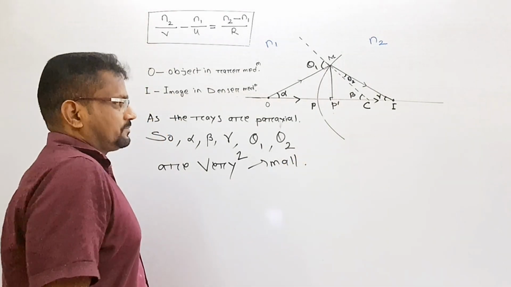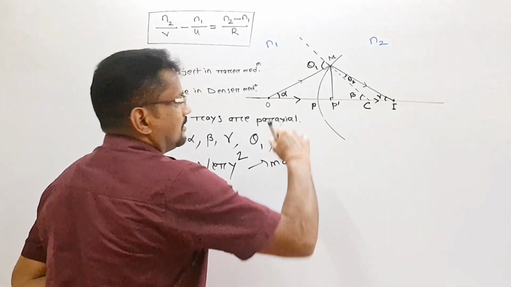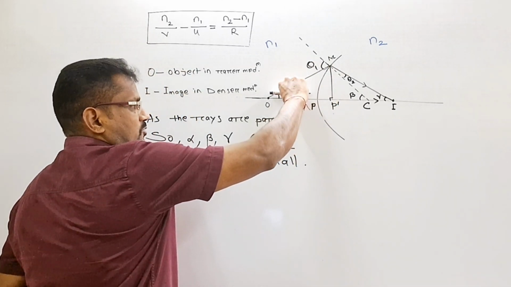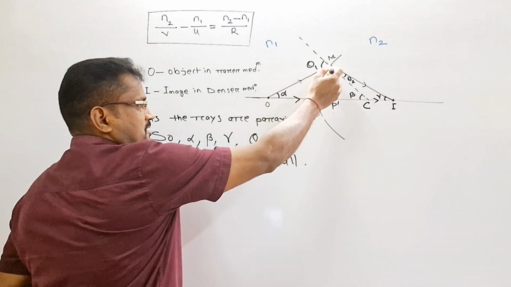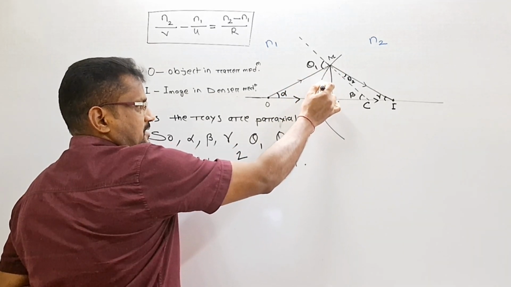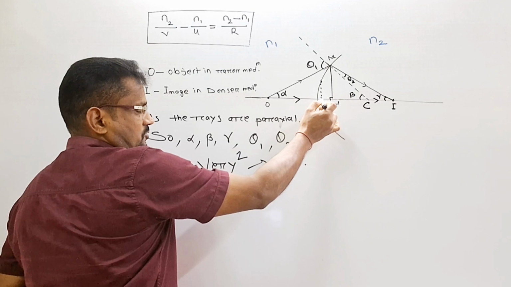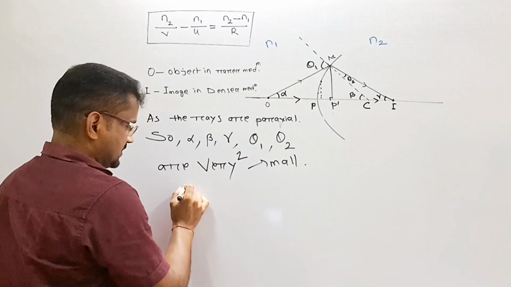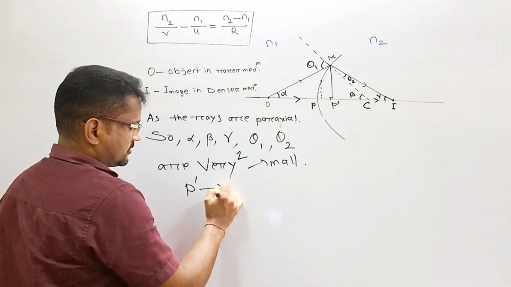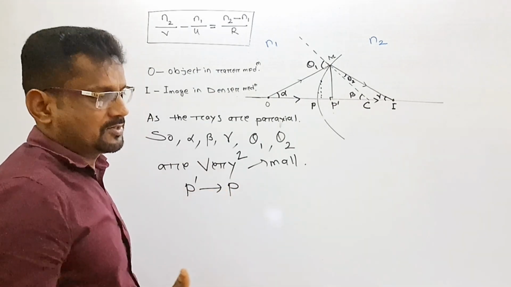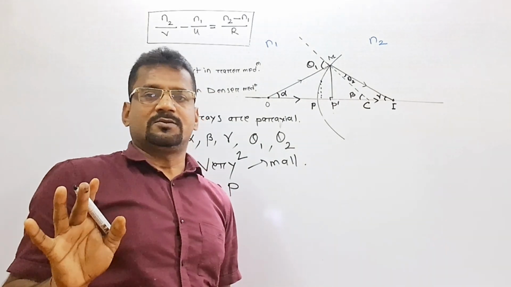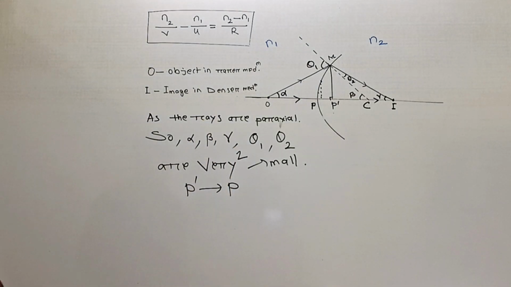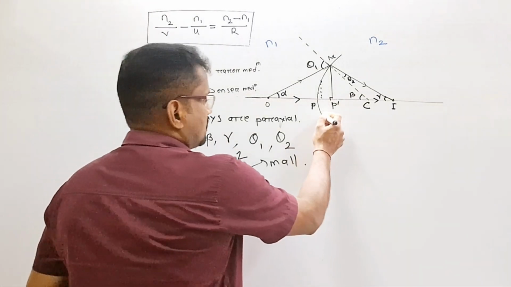Now you see, one more thing you will get: as these are paraxial rays, they are almost close to the principal axis. Suppose this point is here. Drop the perpendicular P dash, close to P. P dash is more close to P. So in that case you can say P dash tends to P, or in place of P dash, we can write P also. এই assumption জানা থাকিব লাগিব।